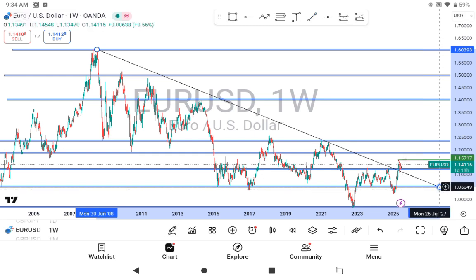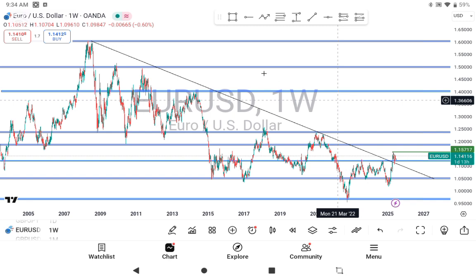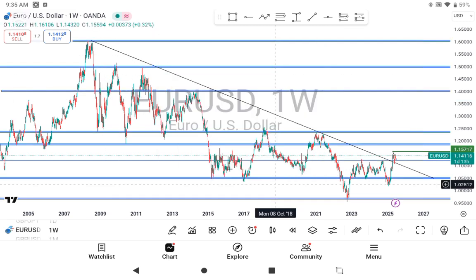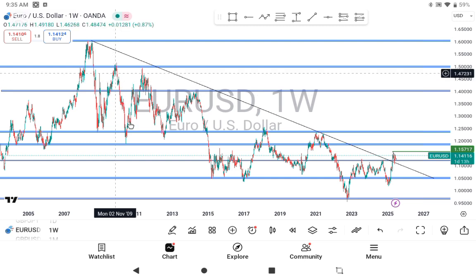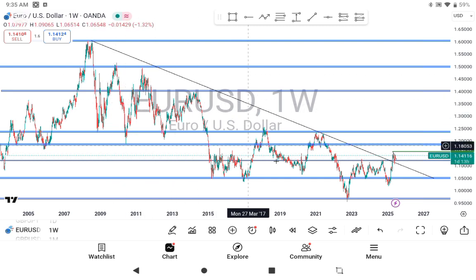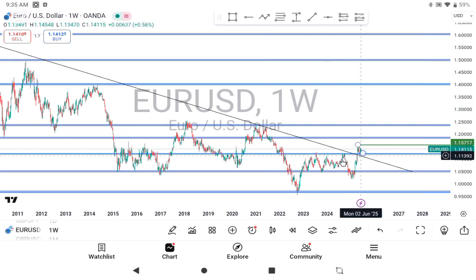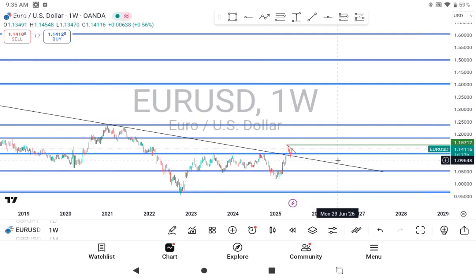we can see that EURUSD has been on a bearish trend for many years back, and now EURUSD has finally broken and closed. If we look at this chart right here,